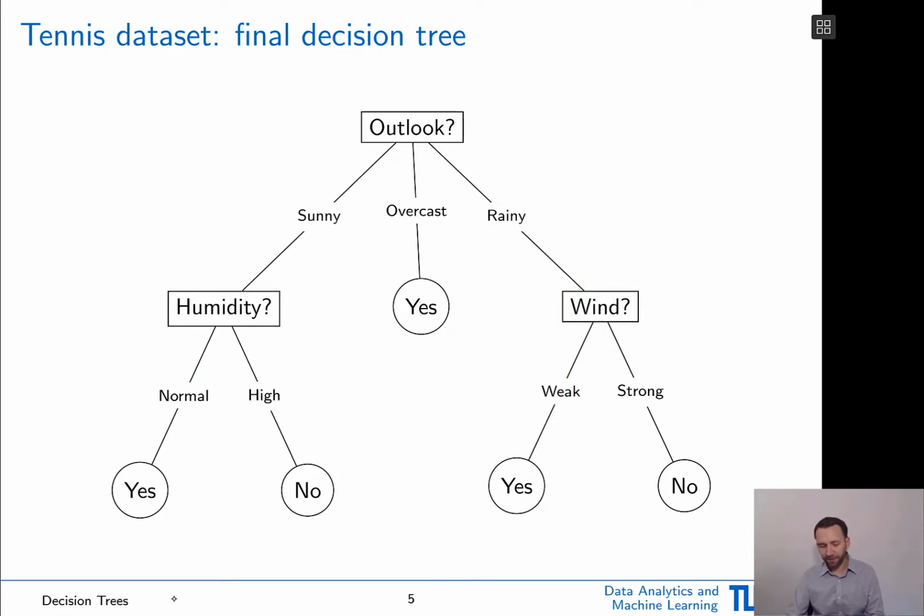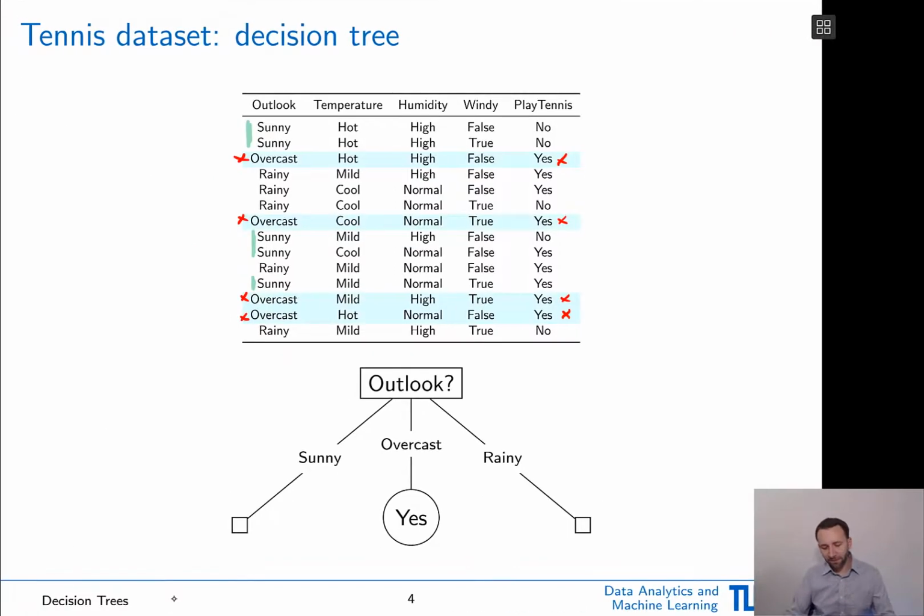We can ask here, so if the first answer was rainy, we can ask now a different question, right? We can ask for the wind speed, whether it's strong or weak, and then again we can make the final decision. Okay? So you see that this classification decision we can make now corresponds a bit to this question-answer game, right? We're recursively partitioning, so to say, our space based on the answers we have obtained so far and asking many, many questions. At some point, we can make our final decision, which is aligned and matched with our training data. And then, of course, the hope is now, since it matches training data, it will also generalize to unseen new